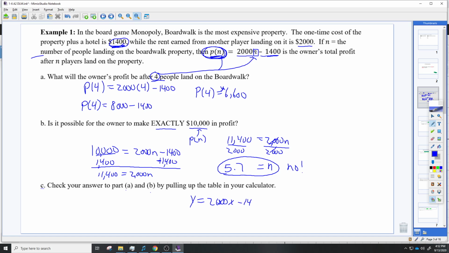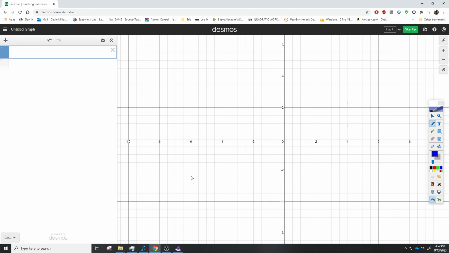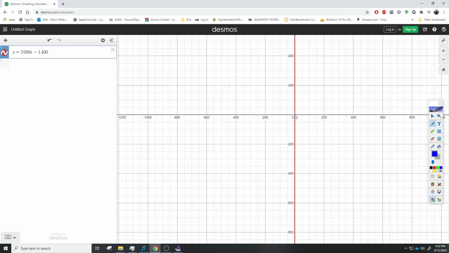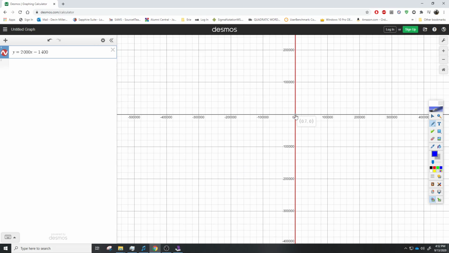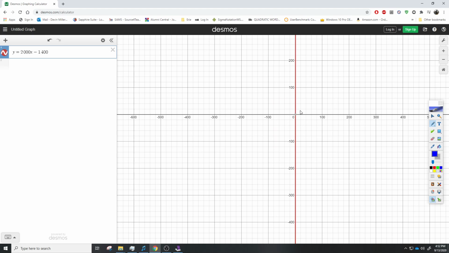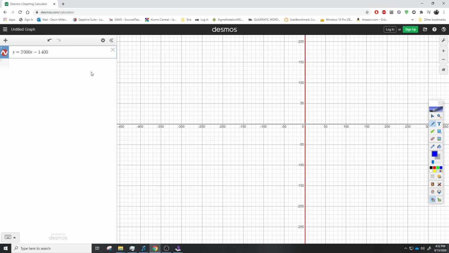2,000x minus 1,400. The graph's not going to look too great because 2,000 is a lot. So let's try it. Y equals 2,000x minus 1,400. You just see a straight line. That's because we're so far in. You're not going to see much unless you really zoom out. I don't even know how far you'd have to go out to see it, but it's pretty big. So we're not going to really worry about the graph part of it, but we just want to bring up